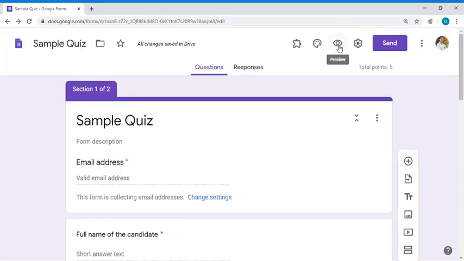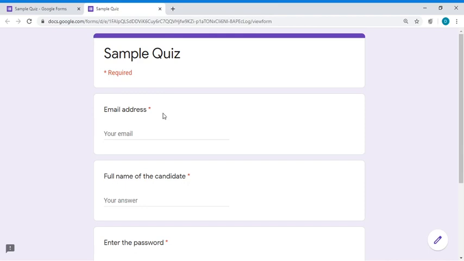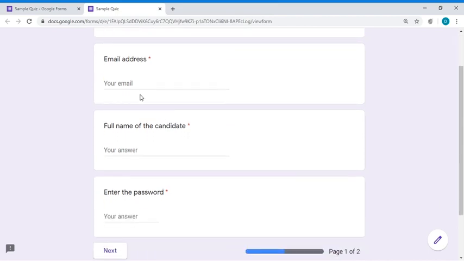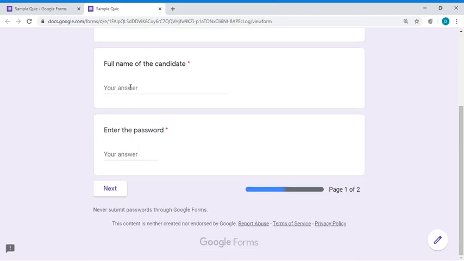If you want to preview this, you can click on this preview. So here you can enter your email address, then full name, whatever name you want to write over here. Say I am entering ABC, then enter the password.